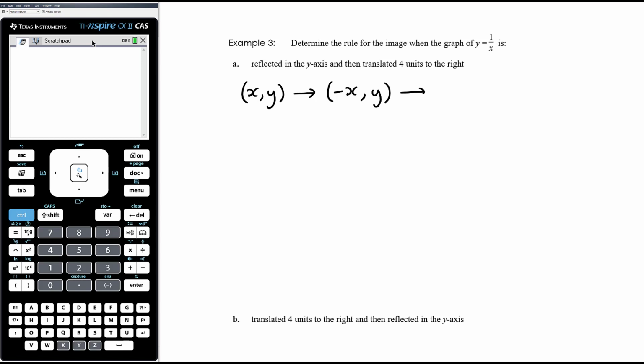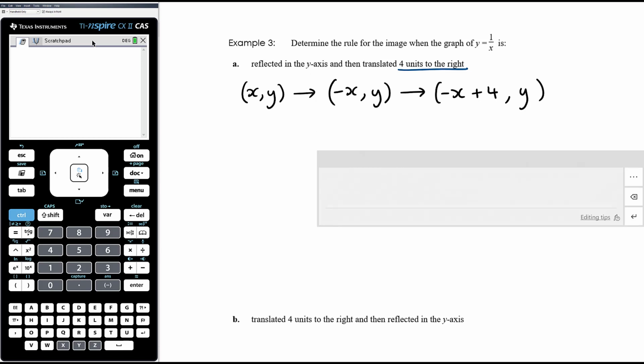Then we translate it 4 units to the right, which means we now take this existing point, just pretend that that is x and y, and we're going to add 4 onto the x coordinate. So we're not changing the existing x coordinate, it is negative x, we're adding 4 onto it. So we're going to have negative x and then we add on 4. So it is simply just building up those operations. So we multiply the x coordinate by -1 and then we add 4 to the x coordinate,